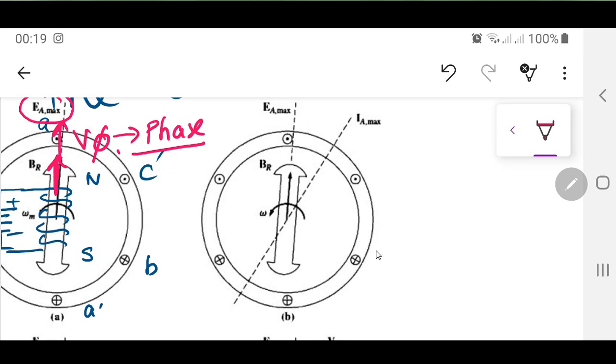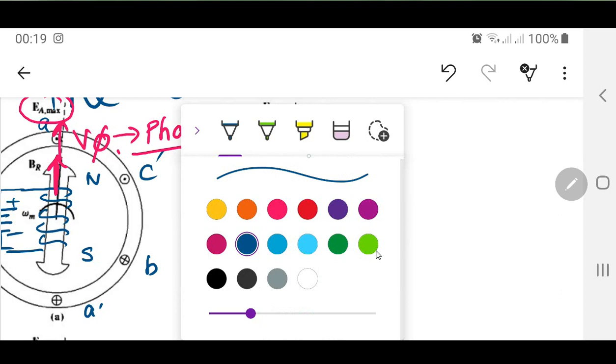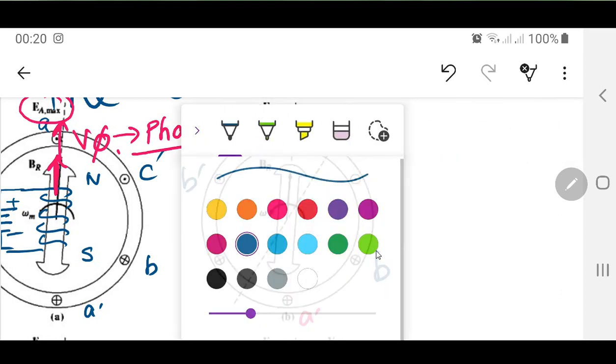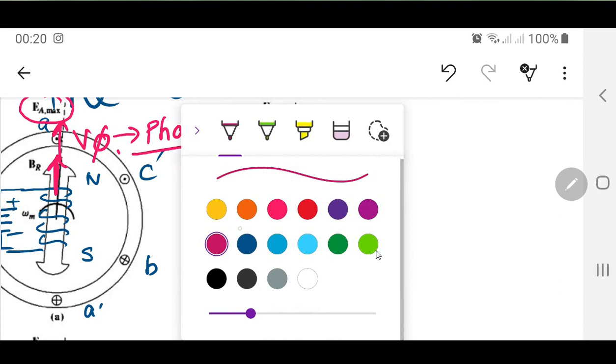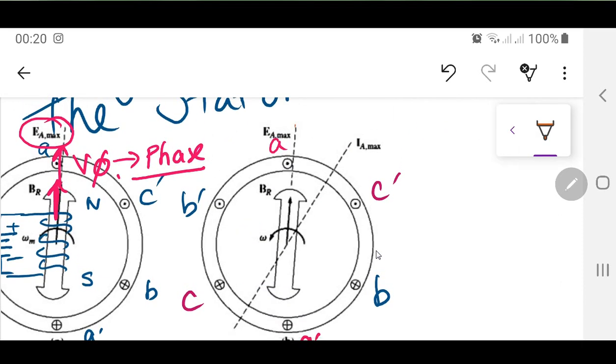that EA is actually the induced EMF inside the generator, that is actually this A winding over here. This is A dash. Let me use some different colors so that it's actually healthy for the whole diagram. This is B dash, and then certainly this is the C over here. This is C, this is C dash. So now if I use another color over here, let me just use another one. So what is happening over here, this is EA max, and since the load that is connected is actually lagging,